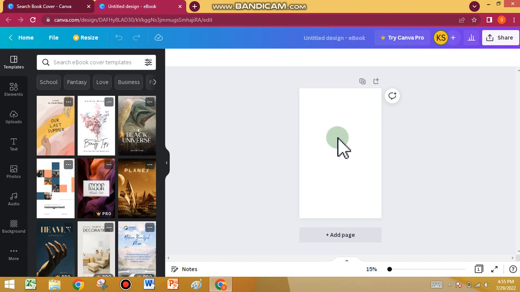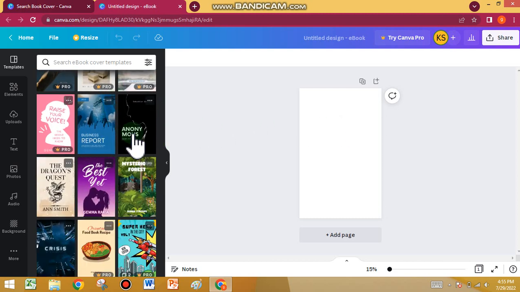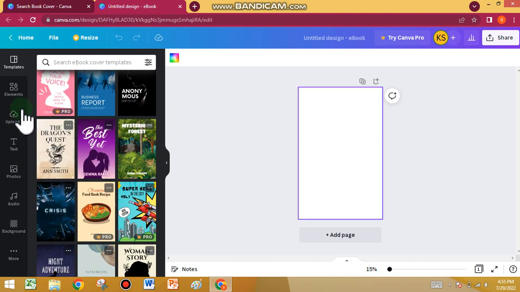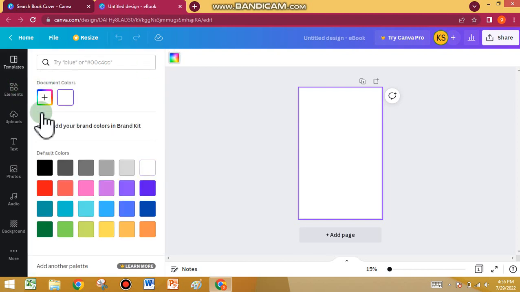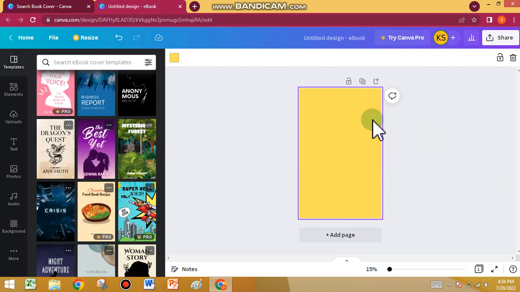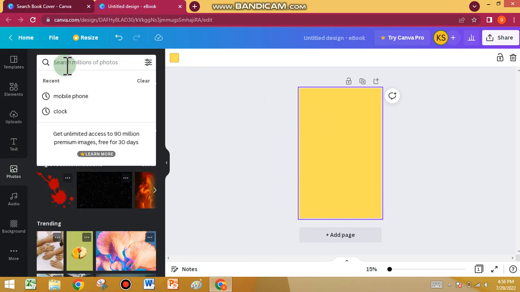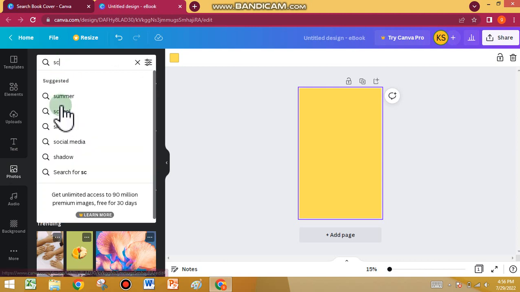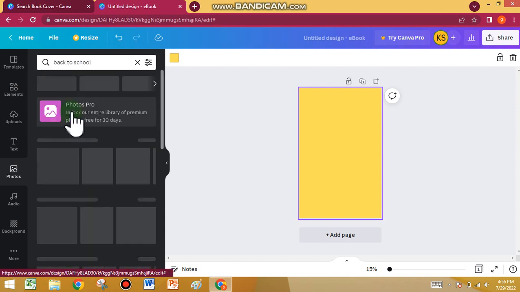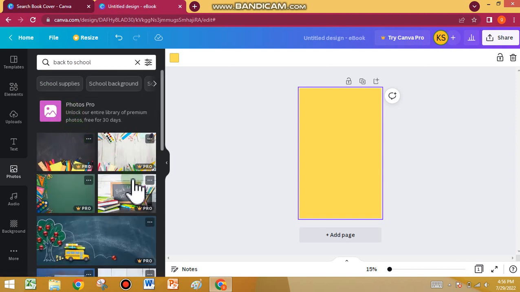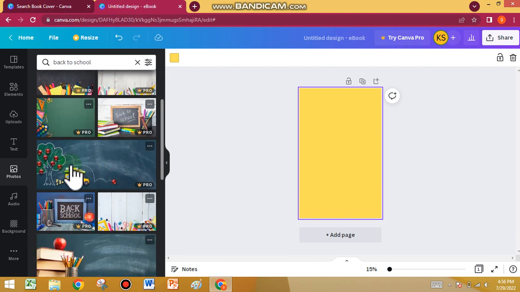So this is just a blank cover. So what we'll do, we'll first of all change its color to yellow, so any of the editing we do will look well. And so we want to create the back to school. So what we'll do, we'll click on photos, we'll search if there are any photos available. So we'll find back to school, so you can see that it is available. So you can see that this is in pro,